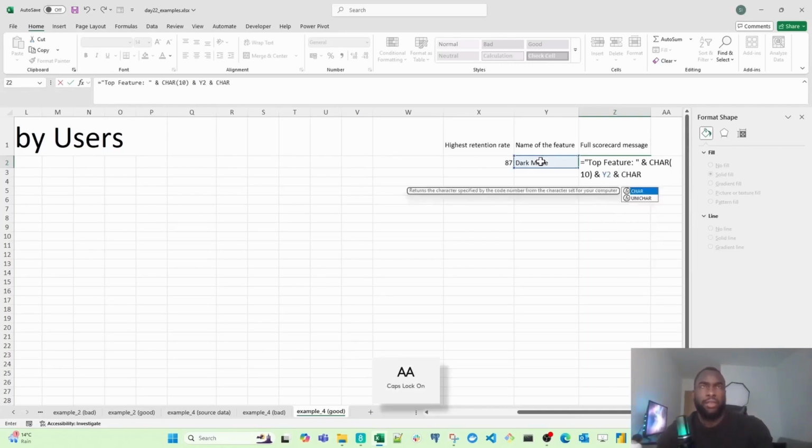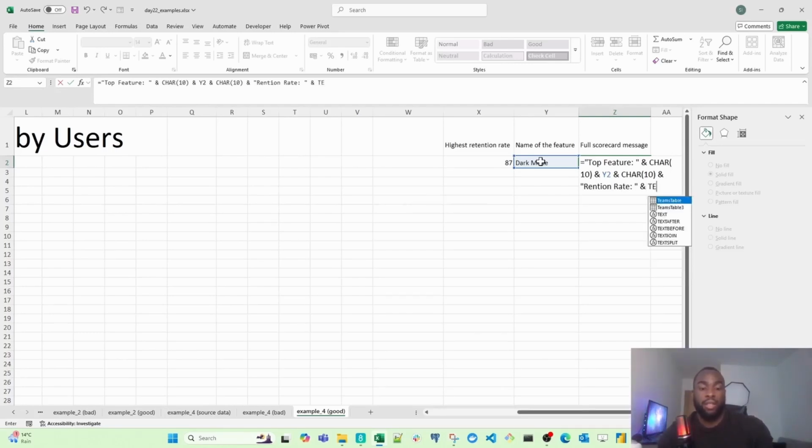And then I want to break into a new line again. And then, and just the space, and I want retention rate, then space, then close that with double quotes, then space again, then and then we're going to use text,